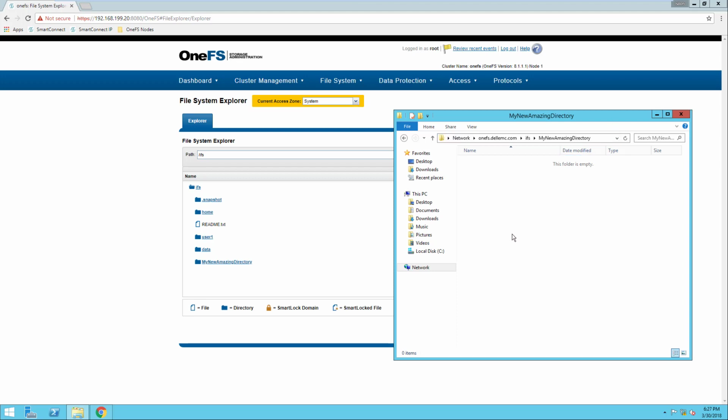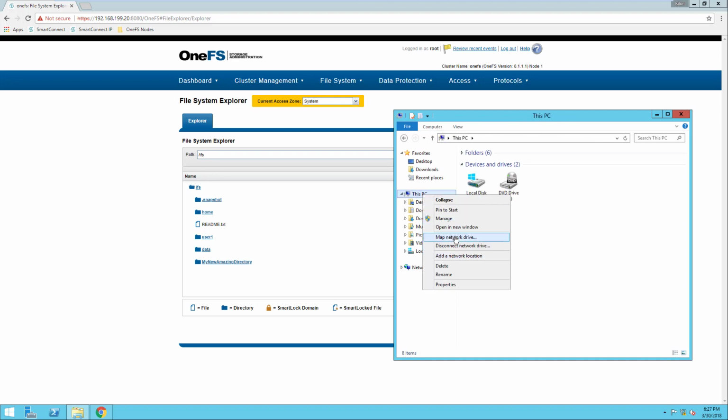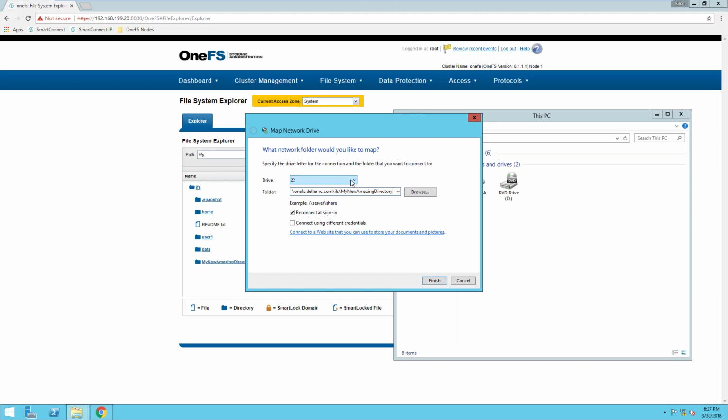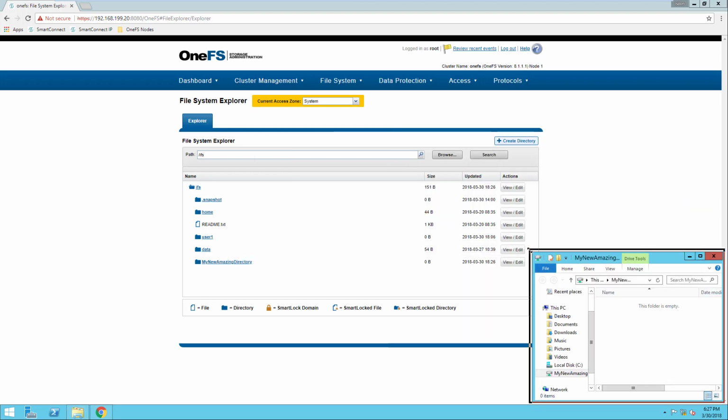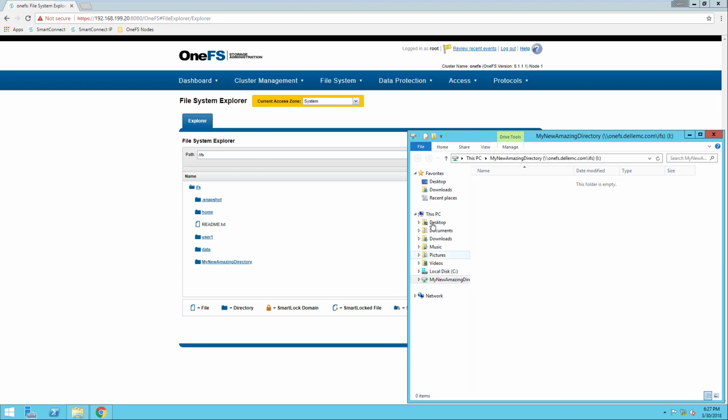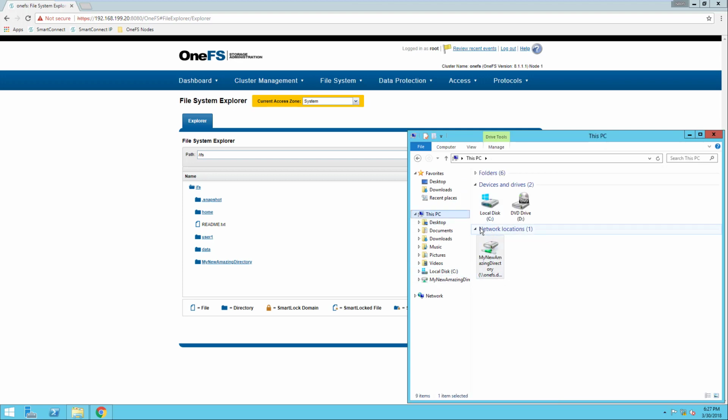To switch gears and put on my user hat for a minute, if I'm a user in this environment, then everything I've shown you up till now, I don't know anything about. What I would see as a user is the admin would have provisioned a network drive for me. So let's call this the iDrive for Isilon. From an end user perspective, I'm going to come in the morning and log into my computer, this PC, and I'm just going to see under network locations an icon here for my